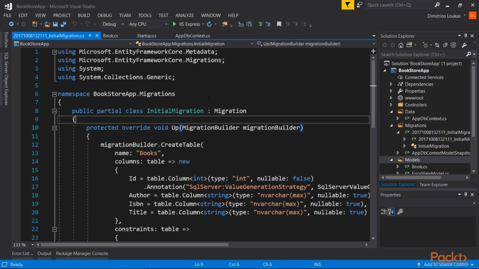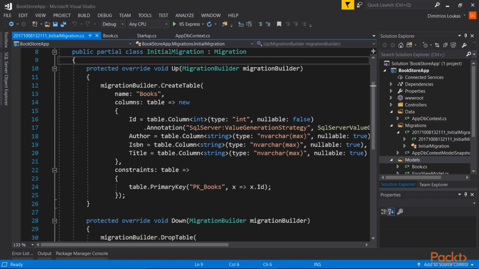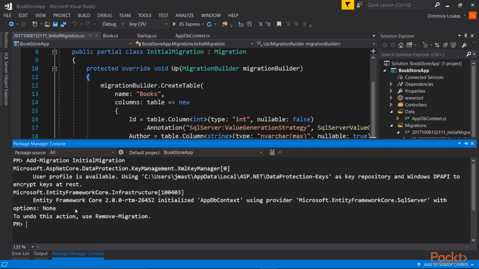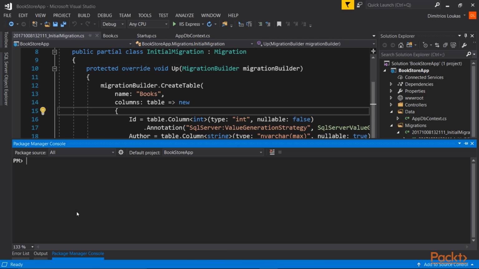This is the migration file, of course. You can see that all string values, namely the author, the ISBN, and the title, use the maximum value for the length of the string in the database. So if I run update-database,